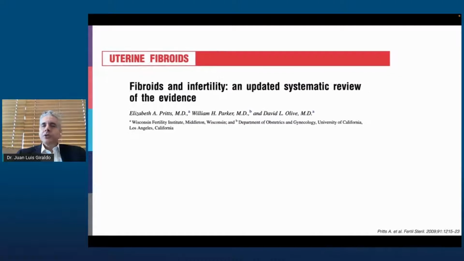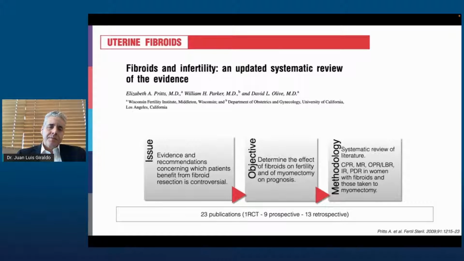They talked about intramural, subserosal, and submucosal fibroids, but we want to talk specifically about submucosal fibroids. That's what has our attention today. Because of all the controversial evidence that was active at that point about fibroids, they did this systematic review. And they wanted to determine the effect of fibroids on infertility and the effect of myomectomy on the reproductive prognosis